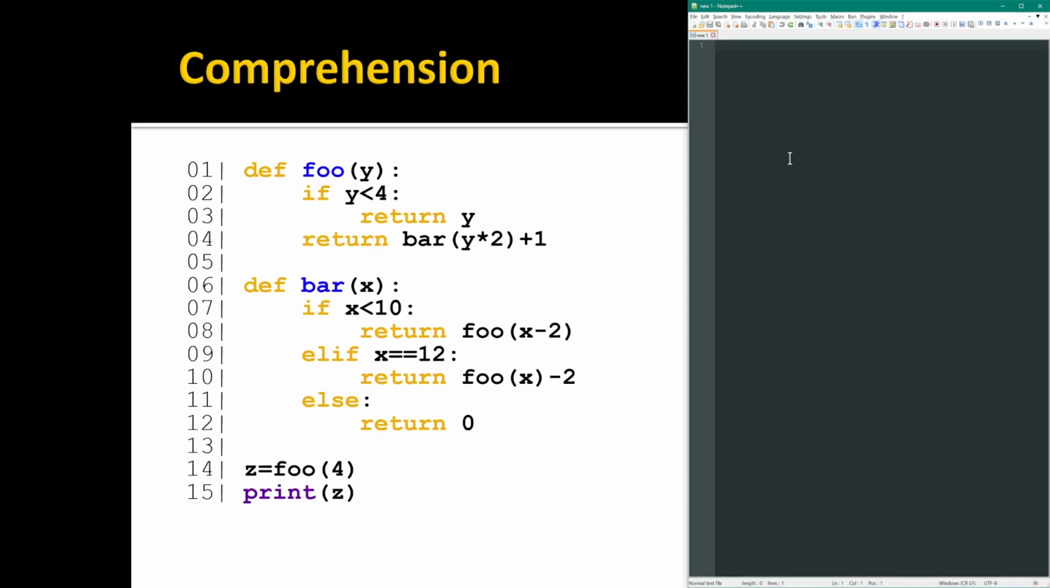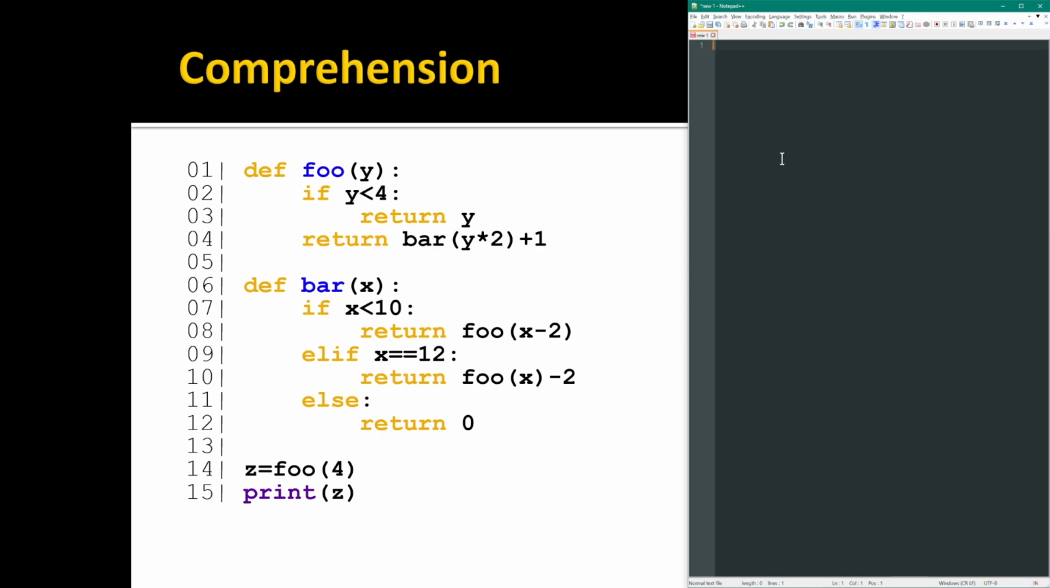Now that we have a bit of practice developing recursive functions, let's do a comprehension problem to make sure we all understand what's going on here. So I've got a notepad to keep track of what we're doing, and let's see what's in the code. So we have two functions defined, foo and bar, and then in the global space it says z equals foo